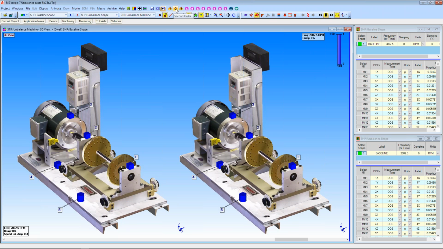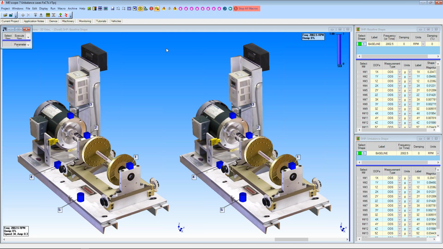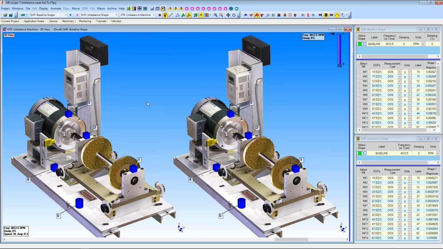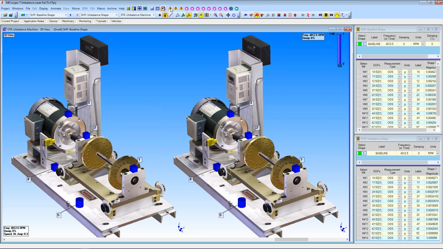Let me press one of these hotkeys. Let's press second order and see what it does. That's going to run a different macro, and now I'm looking at second order data. You can see the rotation slowed down a little bit because the model is set up to rotate at 2,000 RPM. When I display the first order data, let me go back and press first order, it actually rotates at the same